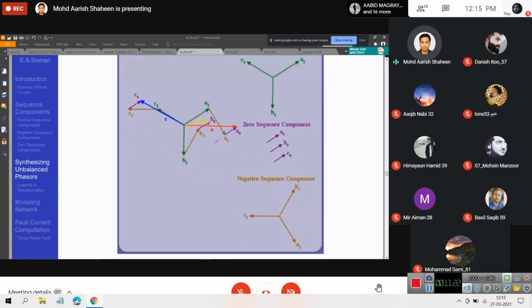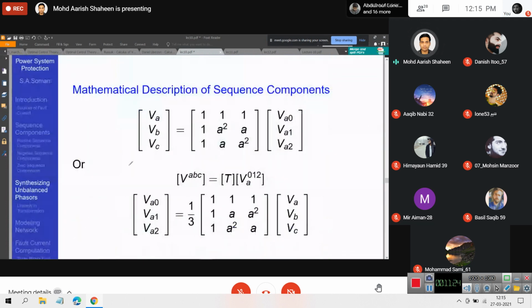So combining them, I will go directly to the equation which you probably have studied in power system second. These are any three phasors, VA, VB, VC. We are not imposing any conditions on these. These can be written as a superposition of these sequence voltages. So the transformation is what is known as a linear transformation. Any transformation which is obtained by matrix multiplication is known as a linear transformation.